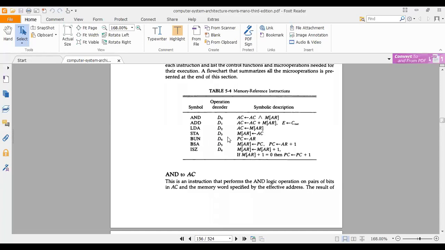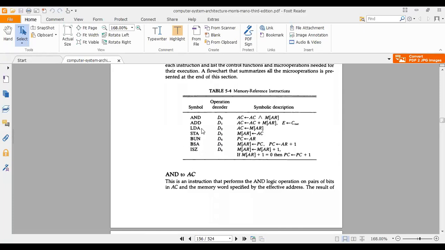Branching instruction: you are moving to a particular memory location without any conditions. And for D5 there should be some conditions whether you will jump or not. That means you have to conditionally jump, and then return back to the original location.